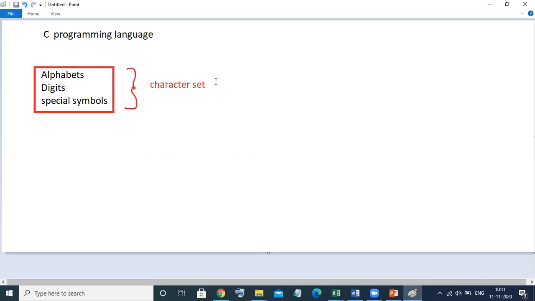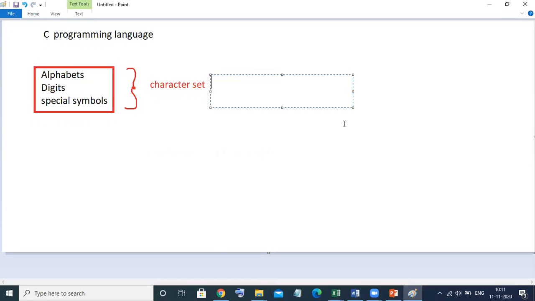A character set, if I want to give the definition, is a collection of what? Alphabets, digits and special symbols. So the group of alphabets, digits and special symbols is called a